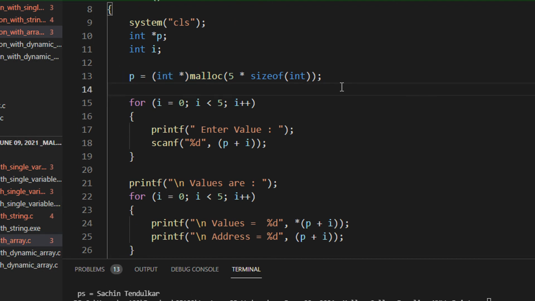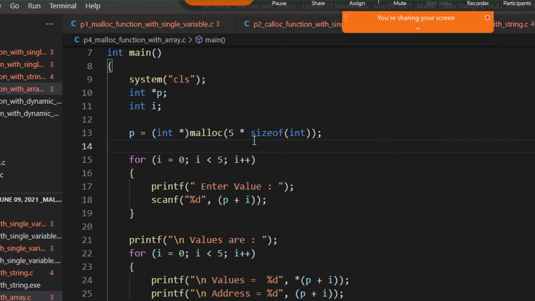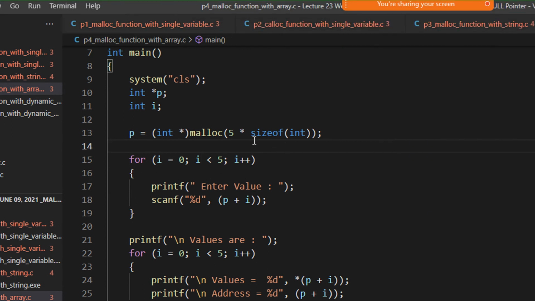Okay, we will just start this. The real use of malloc will come at this particular location, when you will get an answer to how, in arrays, we can prevent the wastage of space. Like let's say you define an array of 100 and then you are only using, let's say, only 15 elements. How can you overcome that?